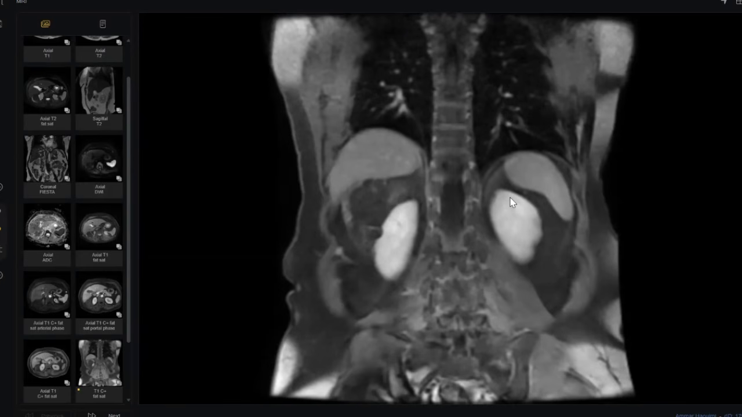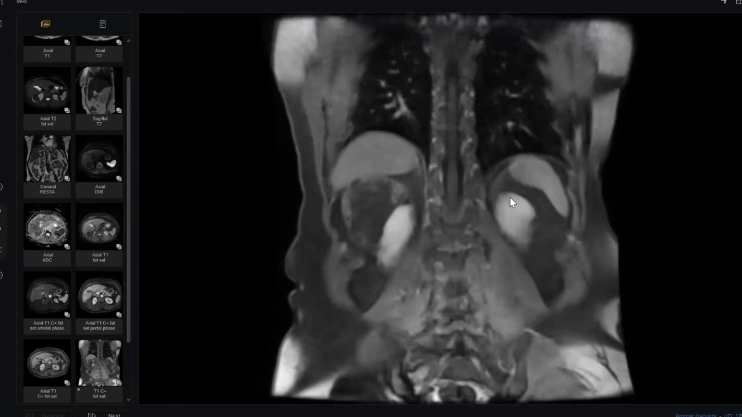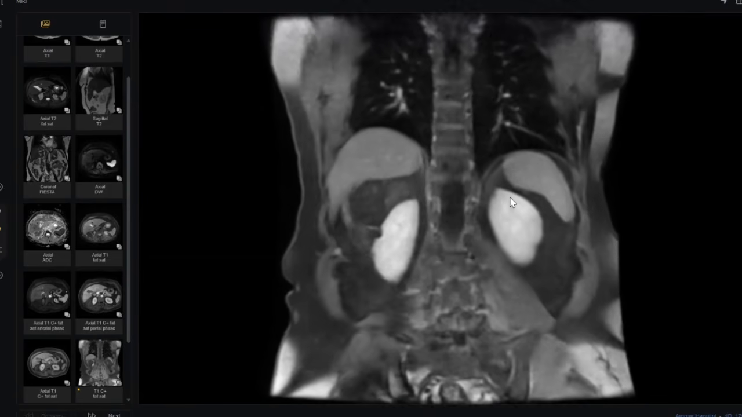Sir, I think that's an angiomyolipoma of the right kidney, and I would like to go for further workup of tuberous sclerosis. Okay, but why do you insist on this? Without rupture, and since this is 4 centimeters, I would also like to involve the